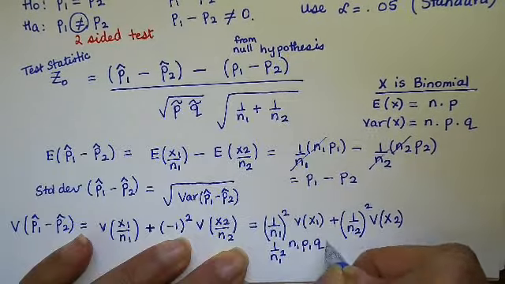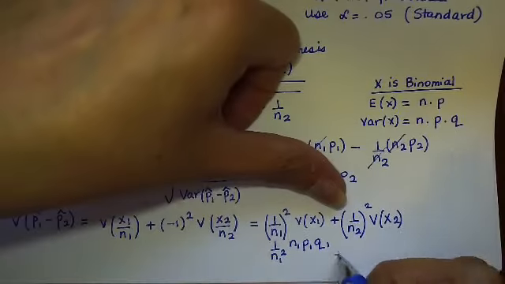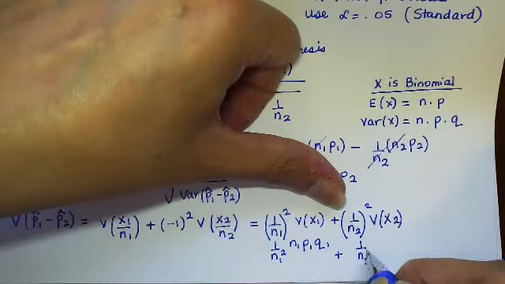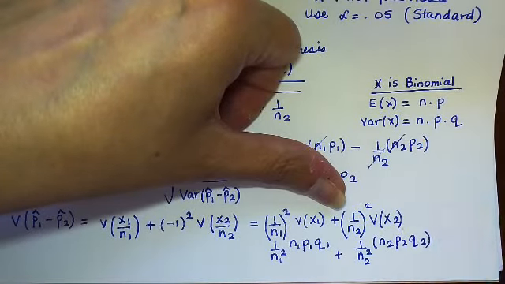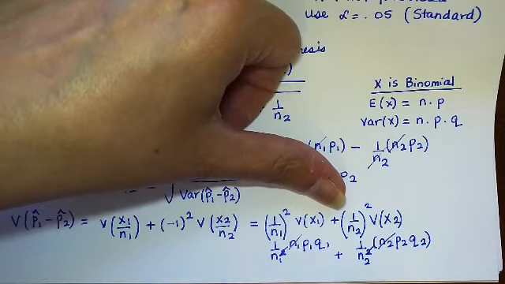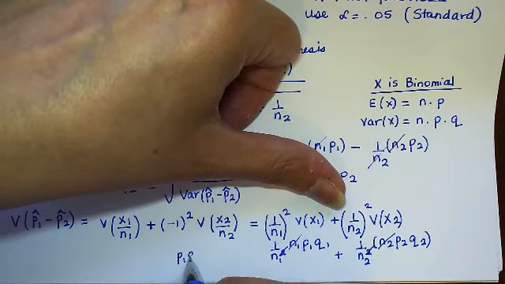Now the variance of x1 is right here, npq. So n1, p1, q1, plus 1 over n2 squared, n2, p2, q2. One of these n2's cancels with that on the denominator, and one of these n1's cancels with this n1 in the denominator. So finally I am left with P1